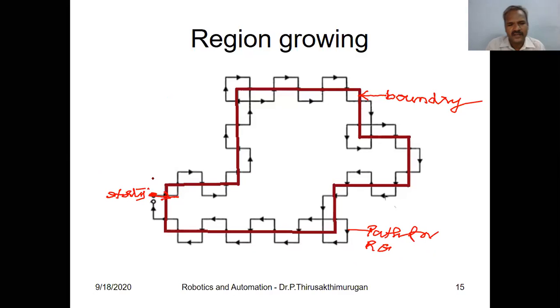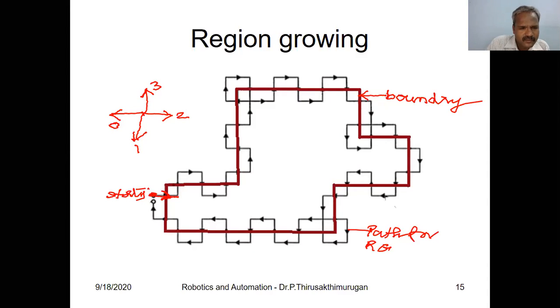This is called crack coding. We can assign the crack code in four directions. If it goes in this direction, you assign 0. When the region growing moves downwards, 1; towards the right side, 2; when we move up, 3. So here is 2, because it is going towards this direction.